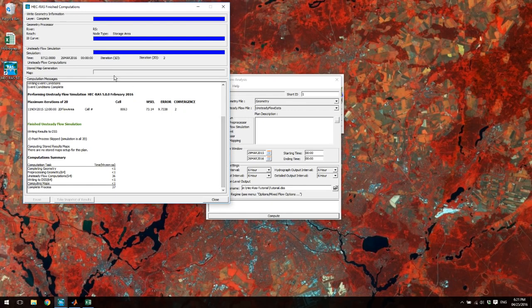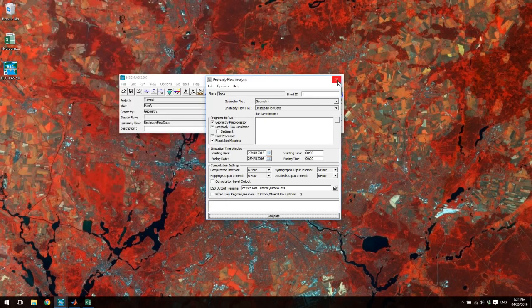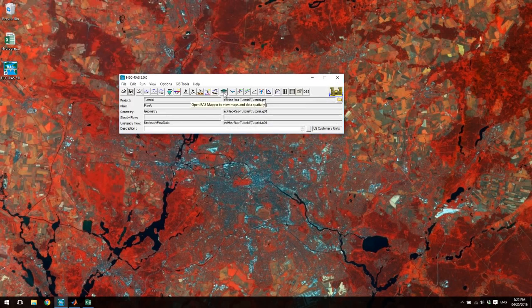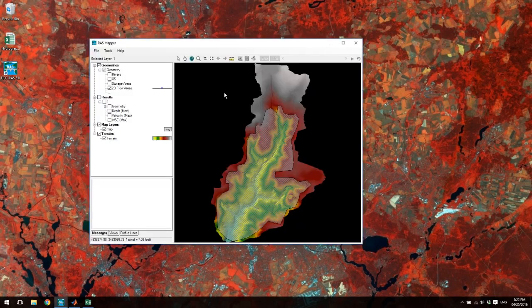So here you can see the iteration numbers for each of the dates. It will do some iterations, and so the process is complete, and now you can close it and close this one. For viewing our results, we have to go to RAS Mapper, open it,